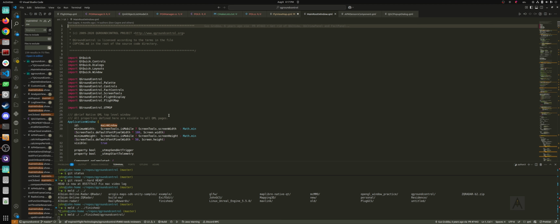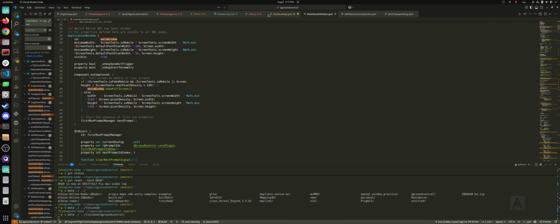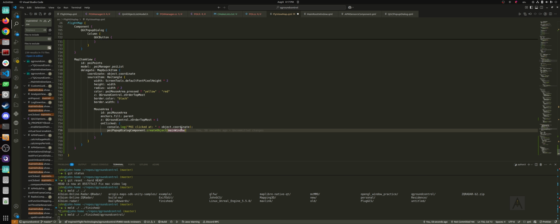So this is like the top level application window. And the pop-up is getting created on top of this because this is like where everything starts in terms of QML. So main window is reference because that's where we're creating the pop-up on top of. And then